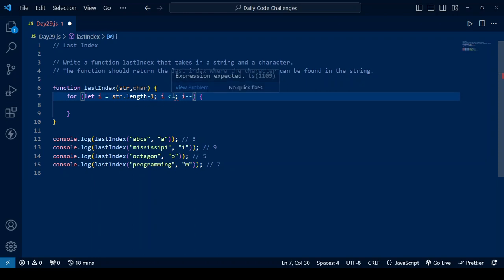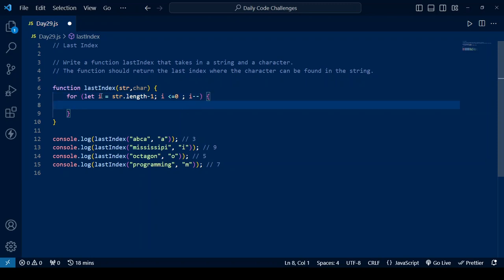Having done this, now where do we want our loop to stop? We want it to stop at I less than or equal to 0. That means that I is going to move from the last index to anywhere in between the first index and the first index inclusive. So we save this, and then the next thing we want to do is write a condition. We need to have a condition, and it is going to tell us